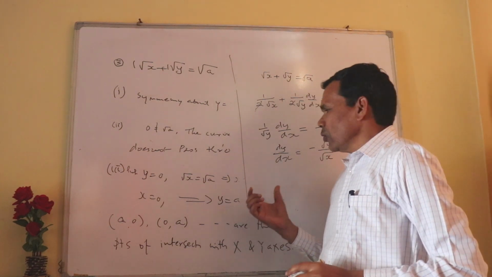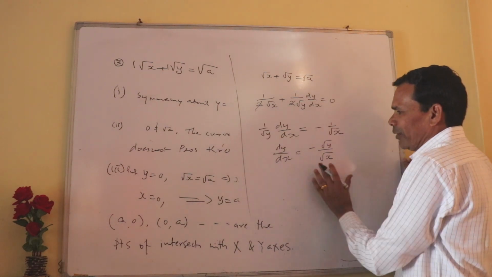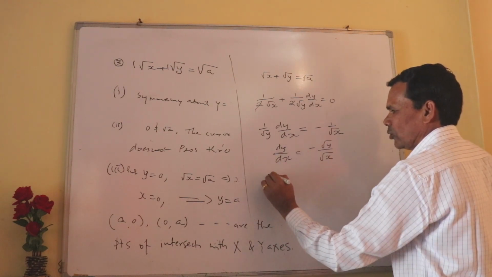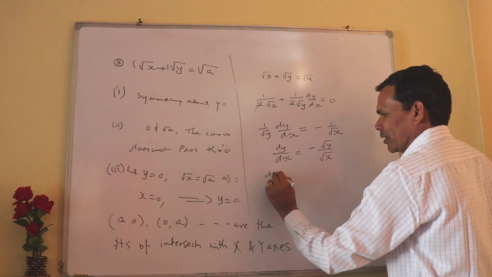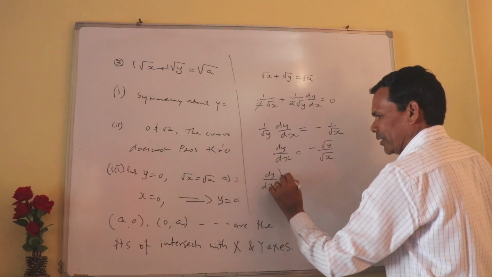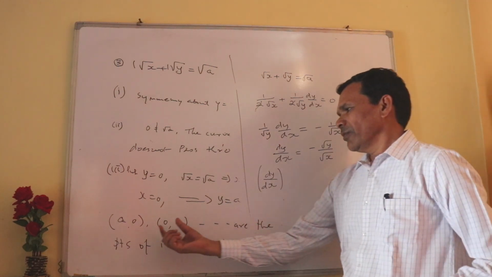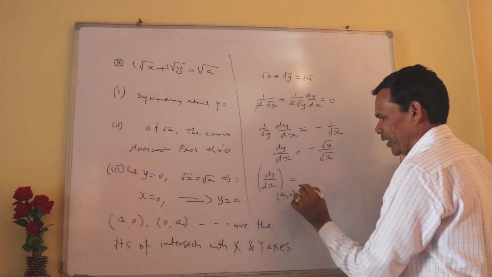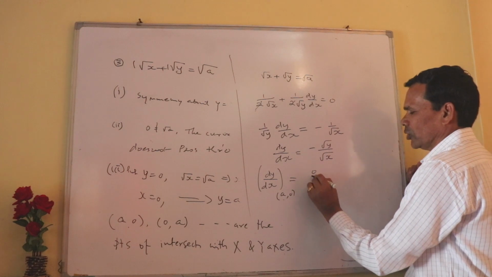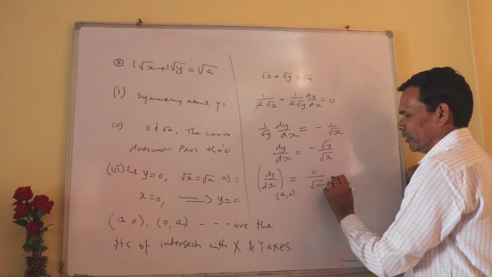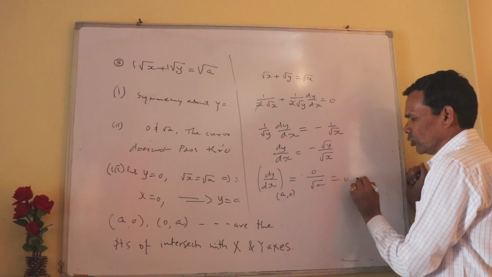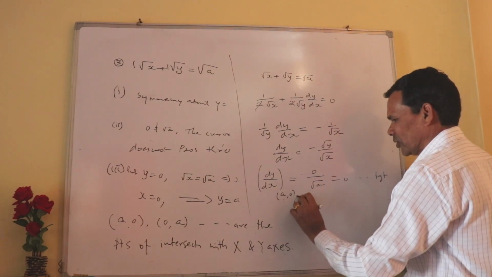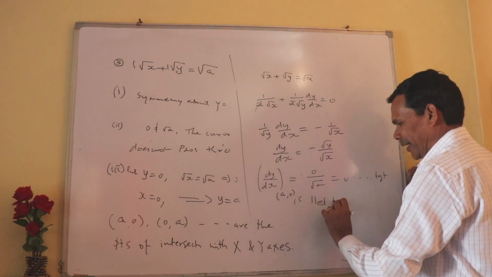Root y upon root x. Now we find out the tangent at a particular point a,0 and 0,a. At a,0, dy by dx at a,0, where the point of intersection with the x-axis is a,0. So if I put x is equal to a, y is equal to 0, you are getting 0 upon root a. So this is equal to 0. So the tangent is parallel to the x-axis